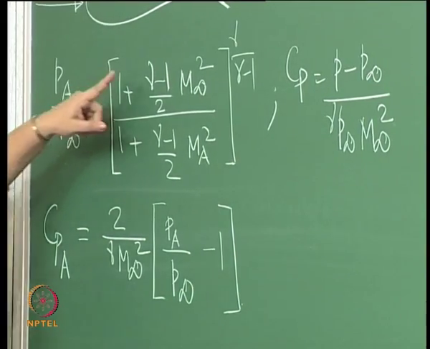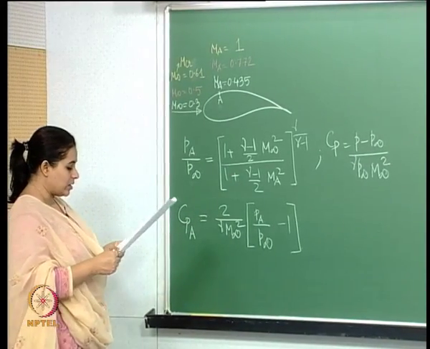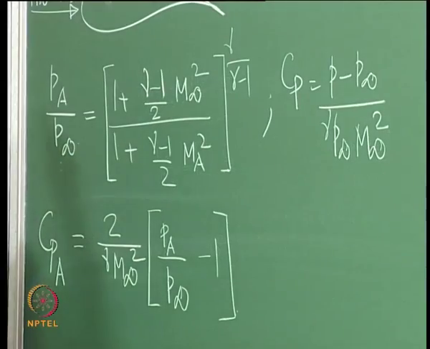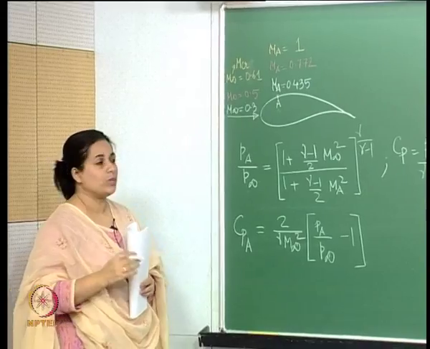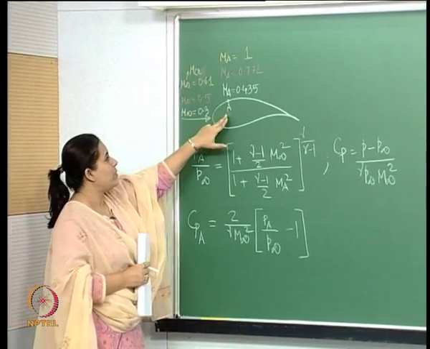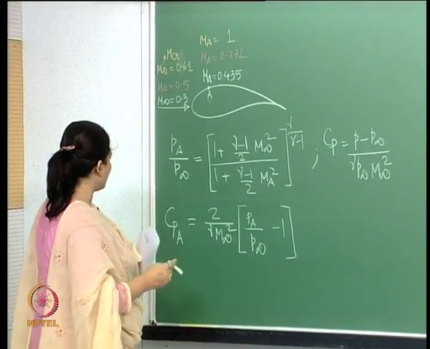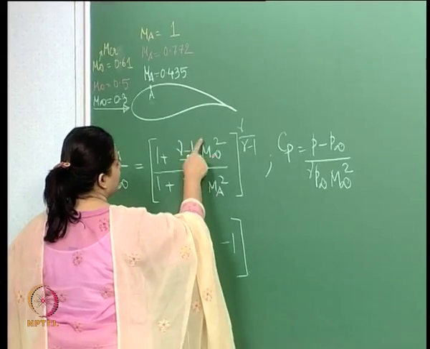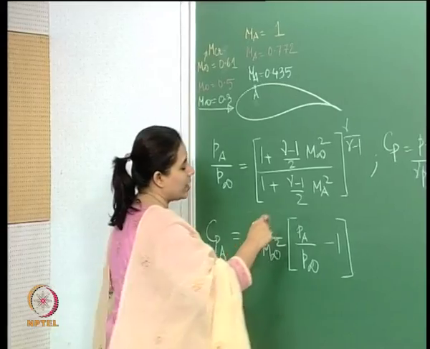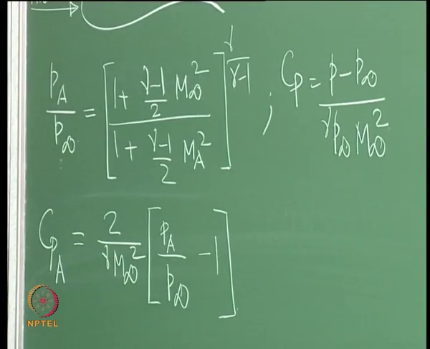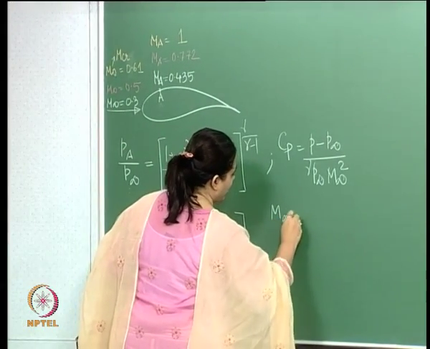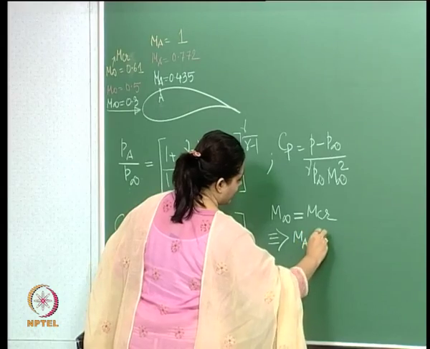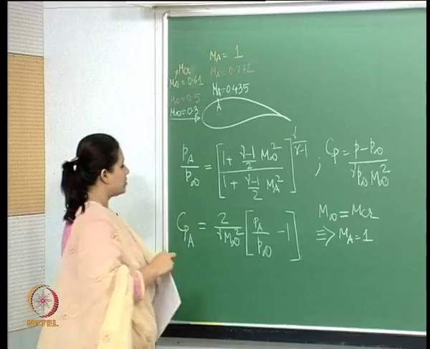And P A, you can write in terms of the Mach number. Therefore, if the free stream Mach number is the critical Mach number, then M A becomes 1. So basically what we are saying is that when this free stream Mach number becomes the critical Mach number, at that point M A, which is the Mach number at the point A, becomes sonic, or 1. So, if I introduce that here,